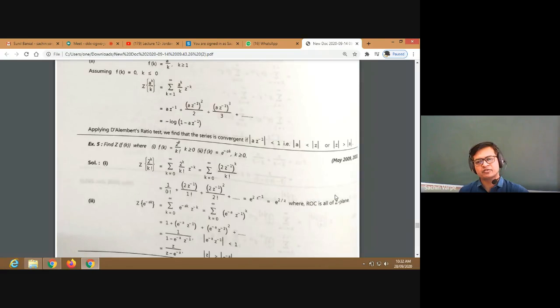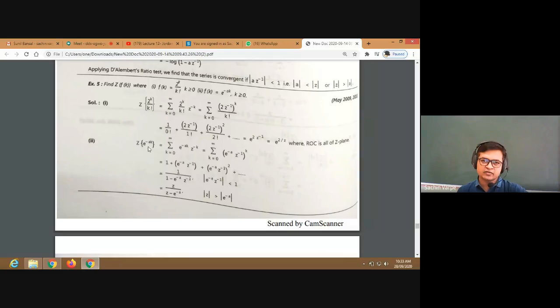Okay, I'll have to check this because I have a doubt. Here the region of convergence is given to be the complete z plane, isn't it? And I can see here this exponential function does not exist at z equal to 0, because 2 by 0 will be infinite and e raised to infinity will be infinite only, right? I'll clear this doubt. I'll have to check.